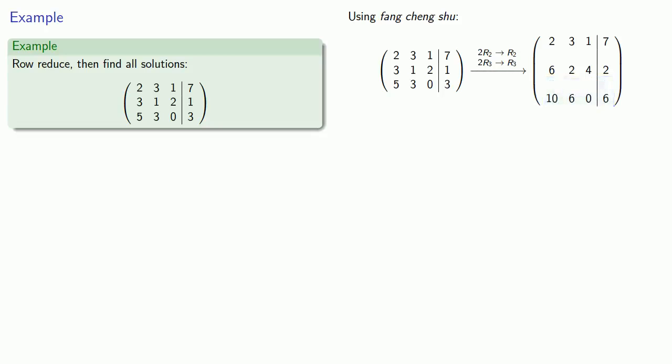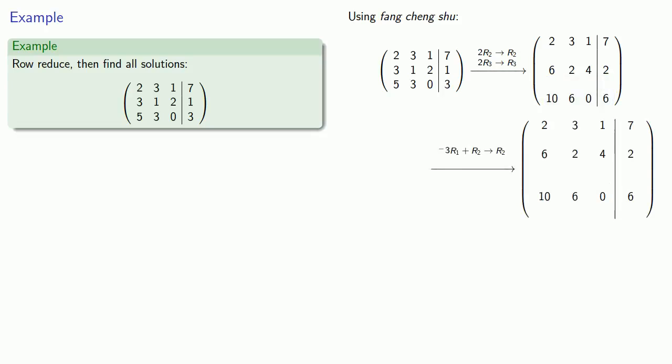Now to eliminate the entries below that first row pivot, we can multiply the first row by negative 3 and add it to the second row. Multiplying the first row by negative 3 gives us negative 6, negative 9, negative 3, negative 21. Then adding these entries to the second row gives us 0, negative 7, 1, negative 19, which will be our new second row. Similarly, if we multiply our first row by negative 5 and add it to the last row,